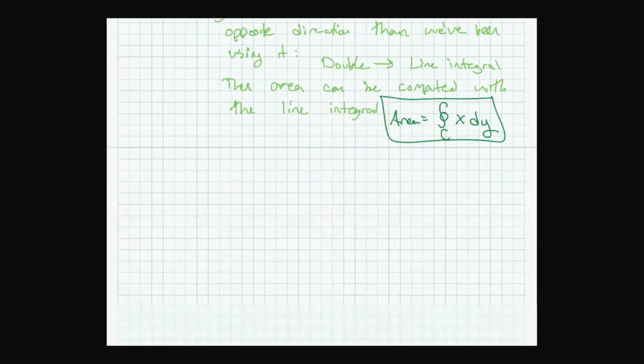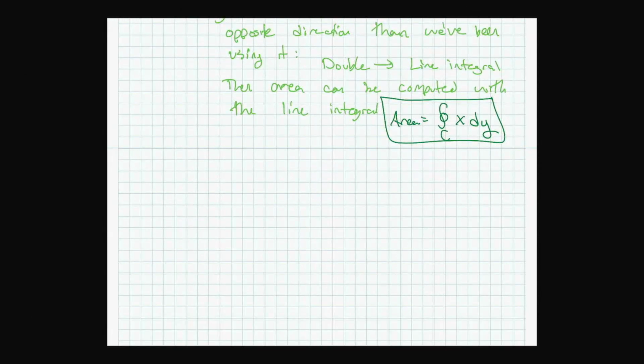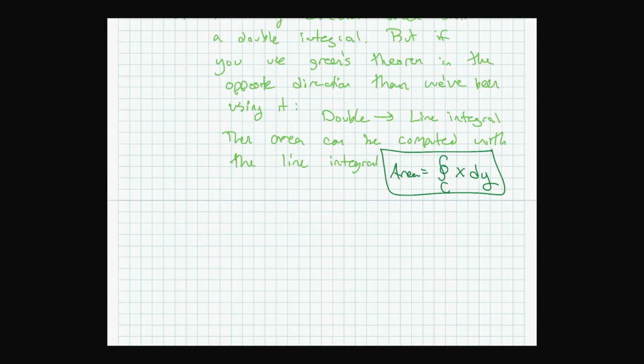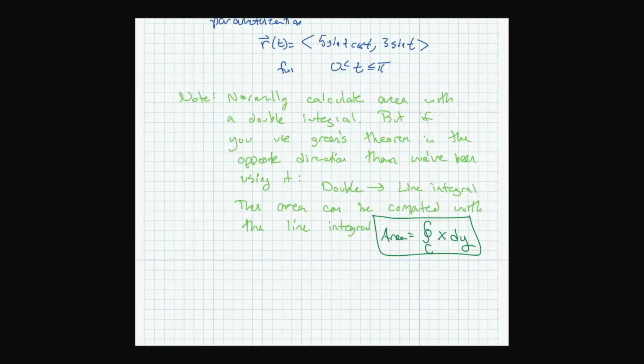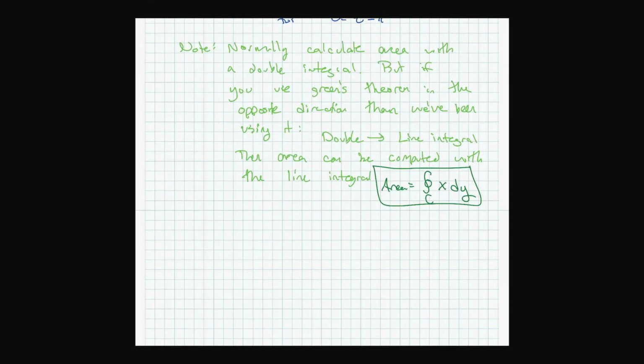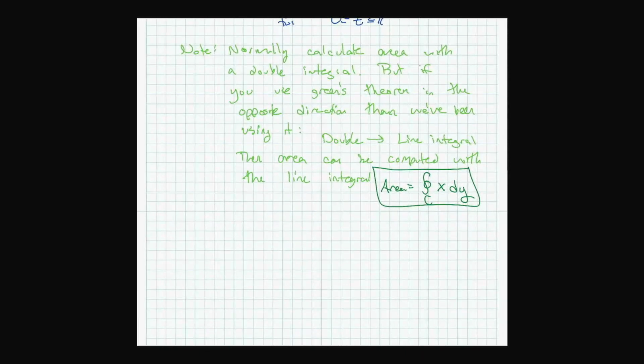Again, if a double integral is related to a line integral, then area is related to a line integral, and this is how it's related, and I'm not proving it. Having done that, this is not going to be hard to do at all, right? Because this is a line integral. So if the area is the line integral over C of x dy,